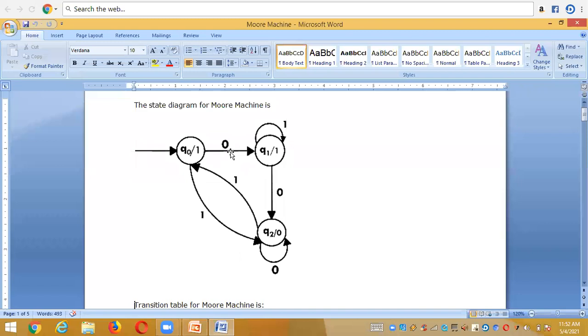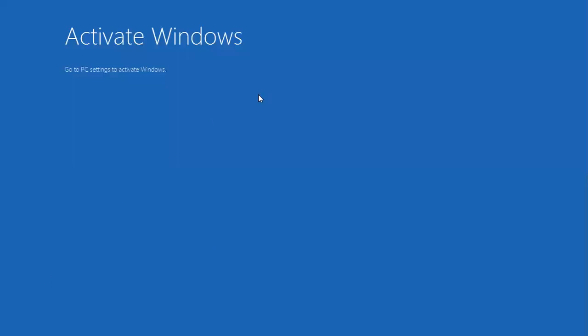For the Moore machines, we write the output alphabet at the place of states. Wherever we write the states, there, by separating with a bar like this, we write the output alphabet for that state. What it means is, this is an output alphabet for Q naught. That means 1 is the output for Q naught. Wherever you see Q naught, the output for Q naught is 1. And this is 1 for Q1. That means wherever you see Q1, the output for Q1 is 1. And for Q2, the output alphabet is 0. What it means is, wherever you see Q2, the output of Q2 is 0.